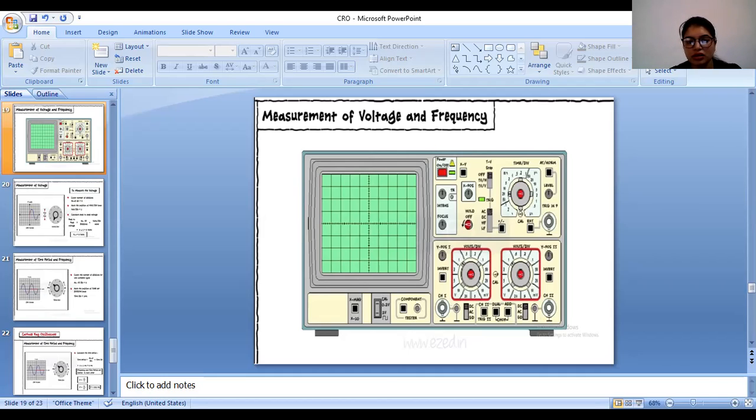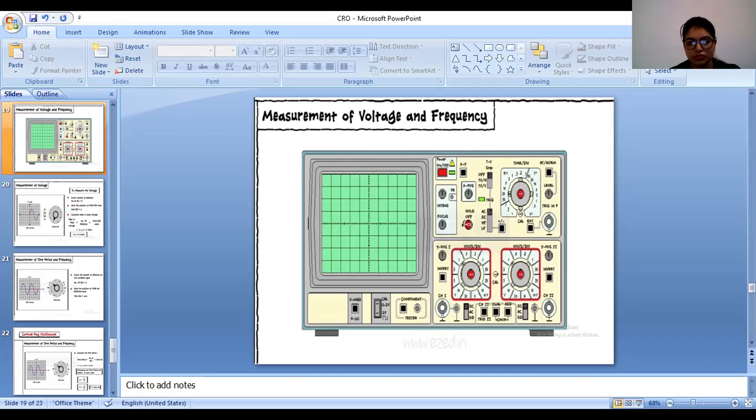So this is another video by which you will be able to understand the concept of the time per division switch and volt per division switch, to invent the cathode ray oscilloscope, CRO. The cathode ray oscilloscope is built up of three main parts. The first part, which looks like the cathode ray tube but with a few changes, is named the electron gun.